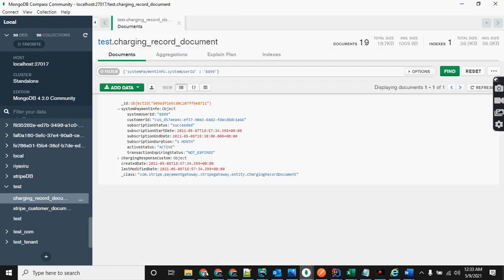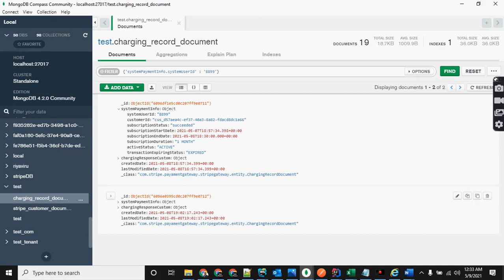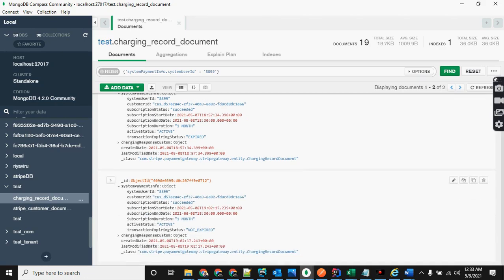Also you can see our local database section. There is the initial record, then once the charge for the next month happens, this record needs to be expired, and the active status changes to deactivation. We'll see. So, refresh. Okay, you can see there are 2 records in our old record, and this is the old record, right?